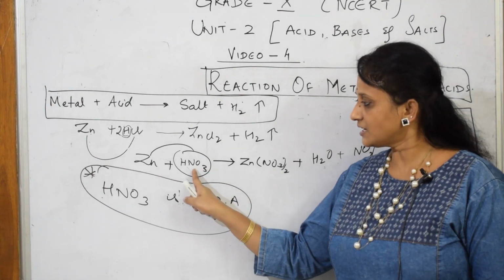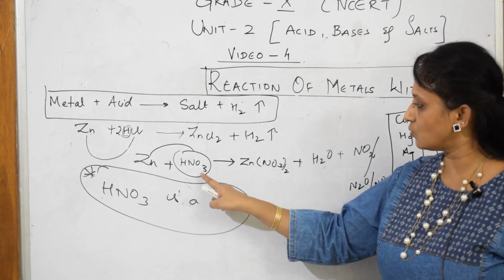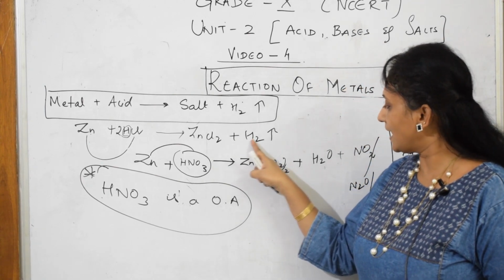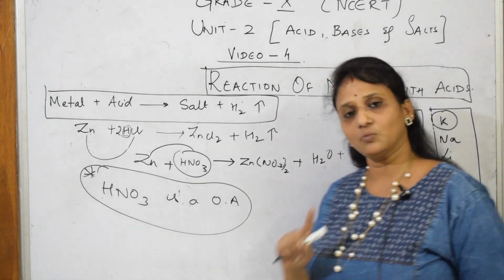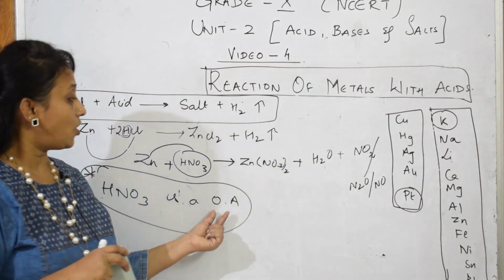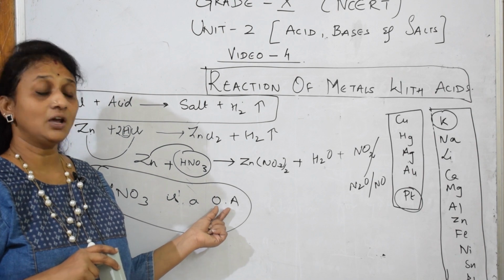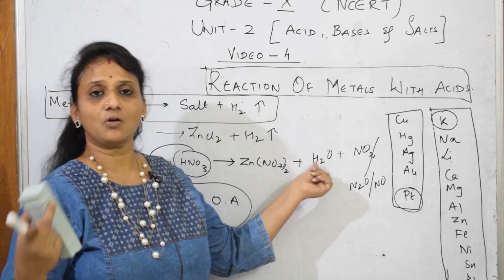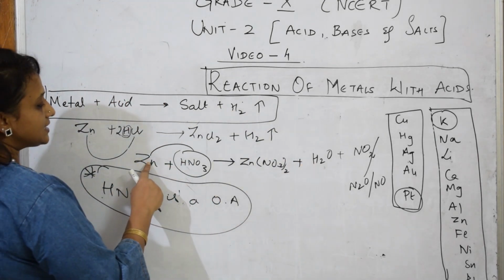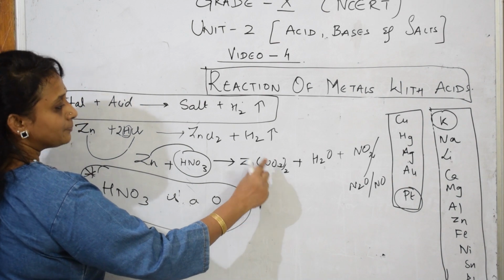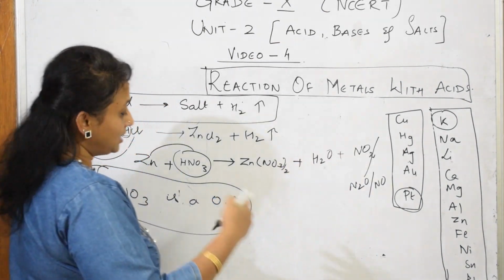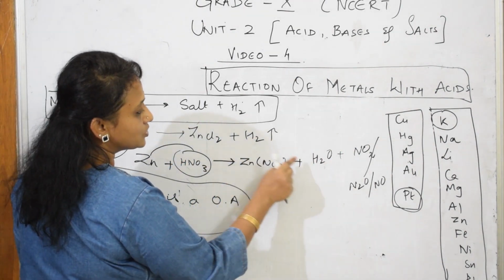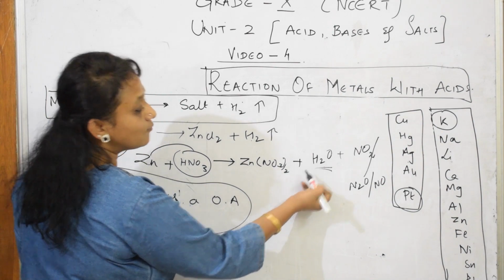Now see, nitric acid being an oxidizing agent means that the hydrogen that was released immediately adds oxygen and is converted into water. So what is an oxidizing agent? An oxidizing agent will help that particular element get added to oxygen. It will add oxygen to that. Once again, come back. Zinc plus nitrate gives me zinc nitrate. Hydrogen gas was forming, but because HNO3 is an oxidizing agent, it added oxygen to hydrogen, and from hydrogen it has become water.